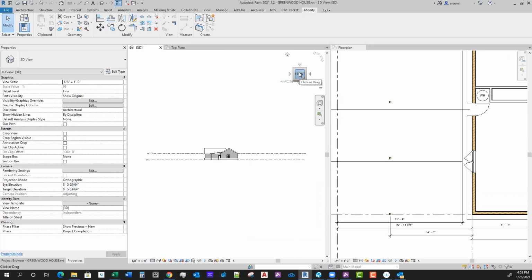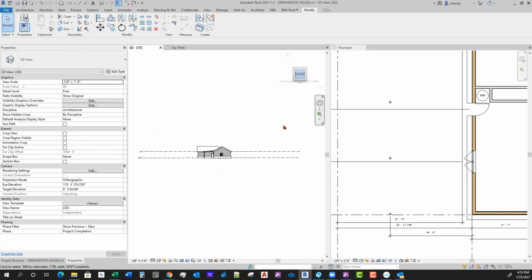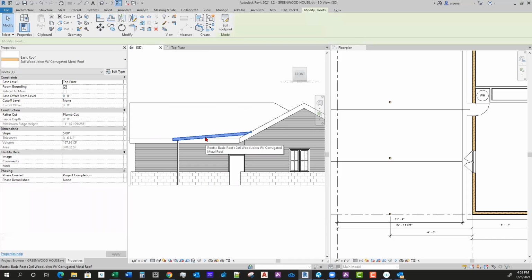If you hit this front view, it will take us to basically an elevation view of this side. And you can get an idea of how much this roof is sloping. If we want to edit it right here, we could double click on it or hit Edit Boundary in the 3D view